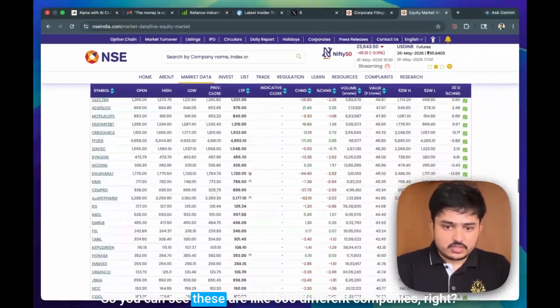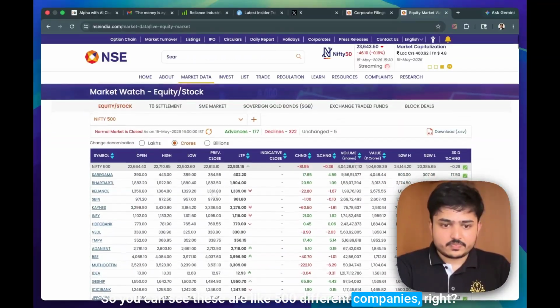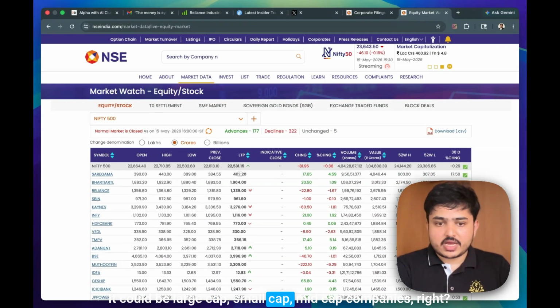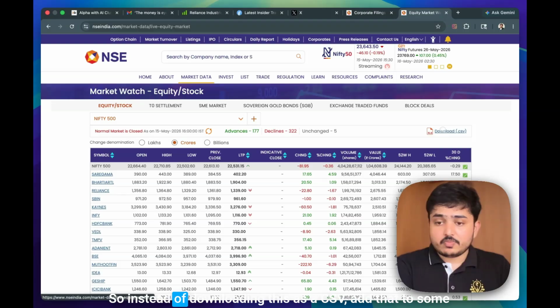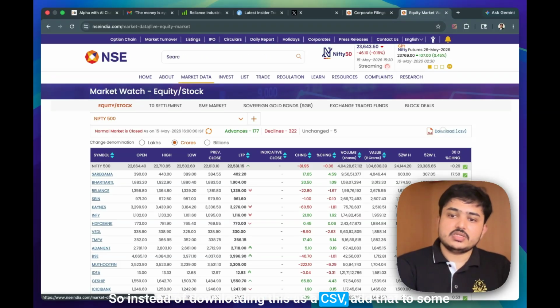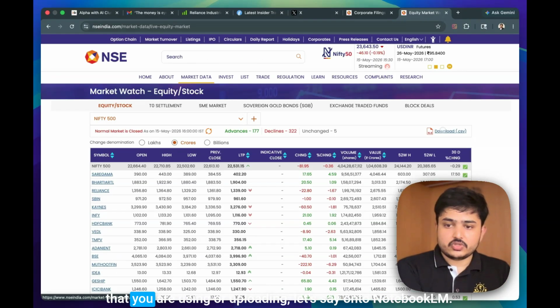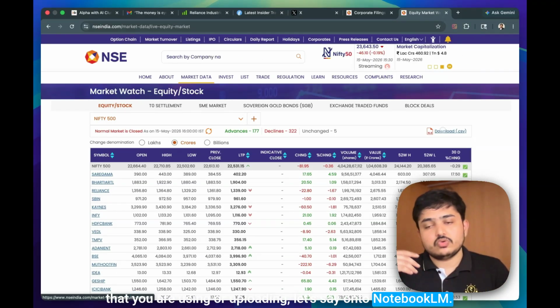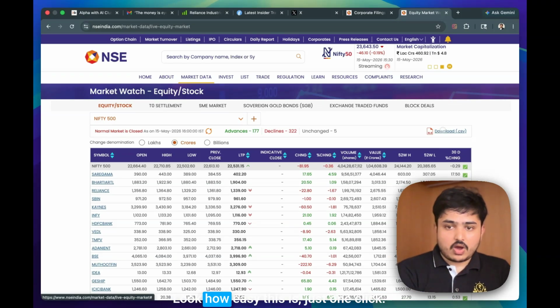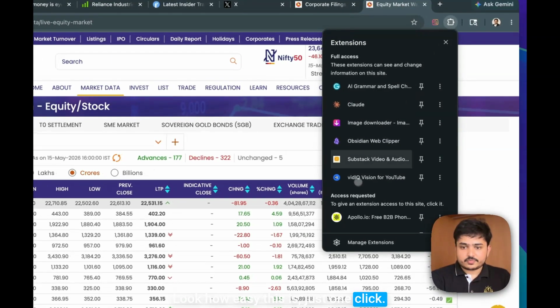So you can see these are like 500 different companies, right? It could be large cap, small cap, mid cap companies, right? So instead of downloading this as a CSV, adding that to some folder, then giving access to ChatGPT or Claude or whatever you are using, or uploading, let's say, onto Notebook LM, look how easy this is, just one click,